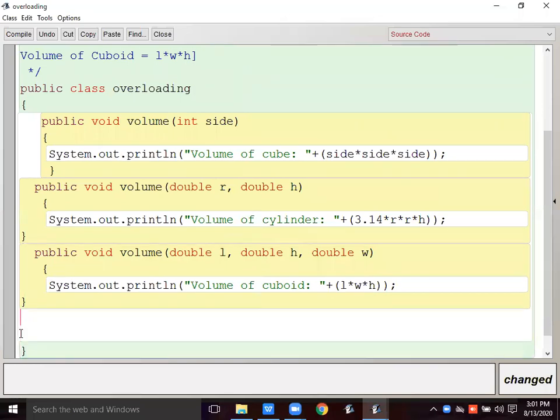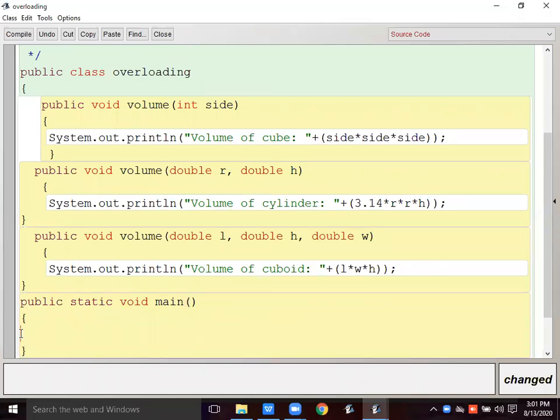Now the calling. How will we call? Public static void main. Here we will make the object first. How do we make the object? Class name, then object name.